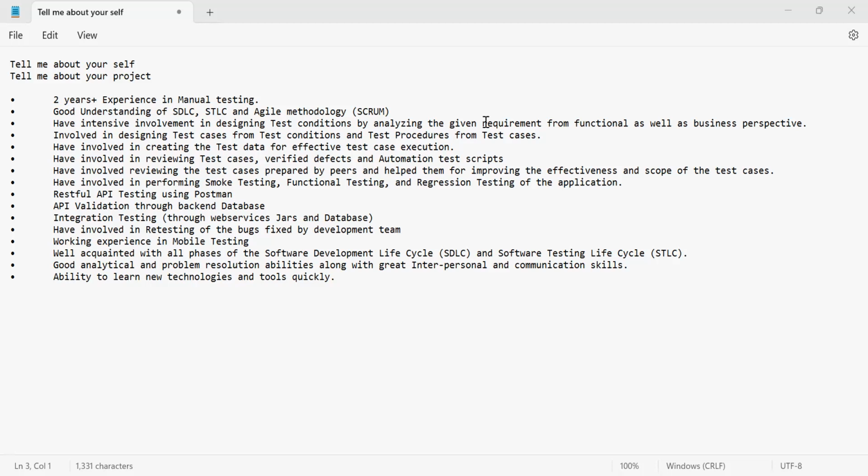Now, how do you design test conditions? Basically, we design the test conditions based on the requirement. Let's suppose, as an example, that if I want to buy one product